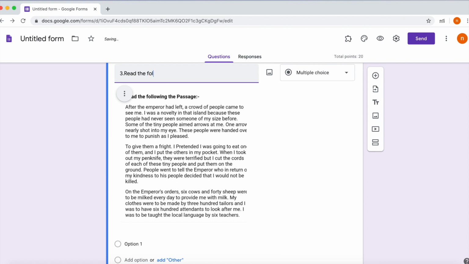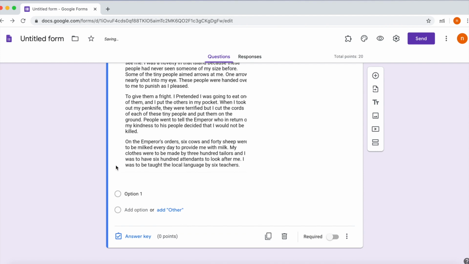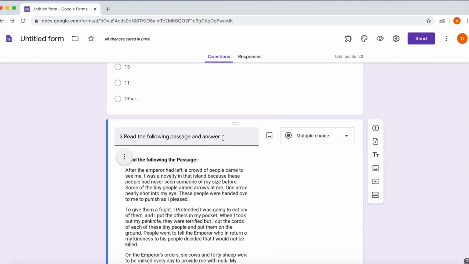You can crop it, make the size smaller, add this image, then you enter the questions. Read the following passage and answer. You can write any one question and then give options to them.